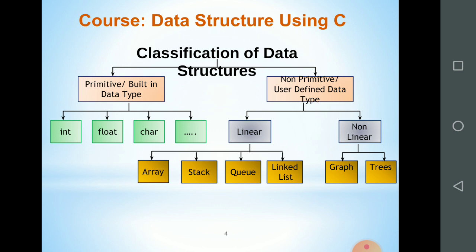When we say linear, the data is stored in a continuous memory location. When it is non-linear, the data is not contained in a continuous memory location.